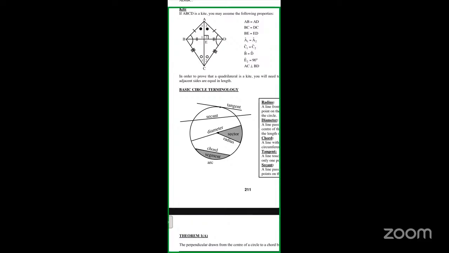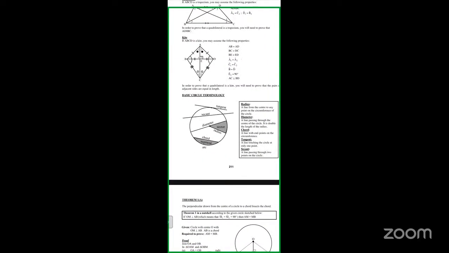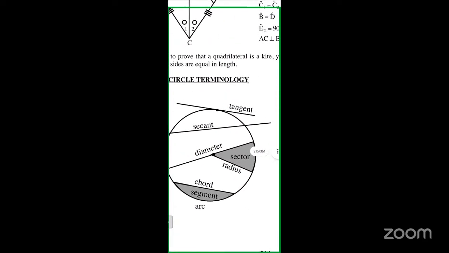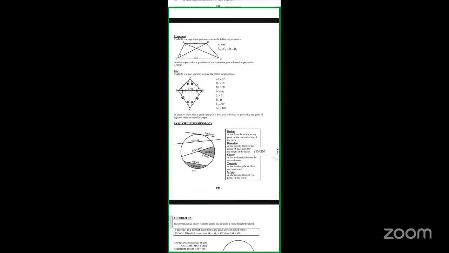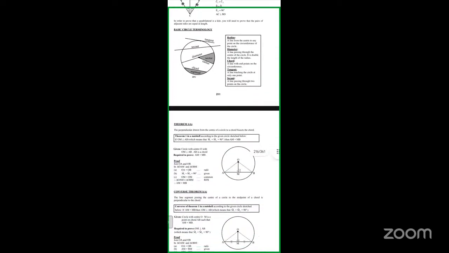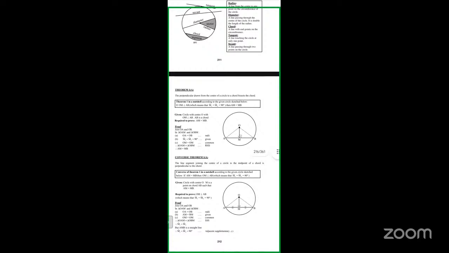A tangent is the line that touches the circumference of the circle only at one point, just like we can see this tangent, it touches this circle at that point. You need to know these terminologies here. Then from there, we can just move to those nice theorems that we have learned in grade 11,